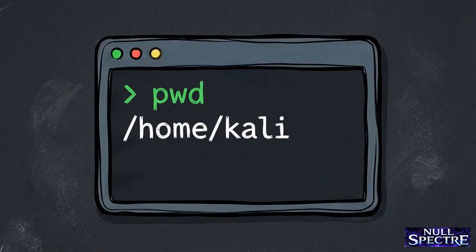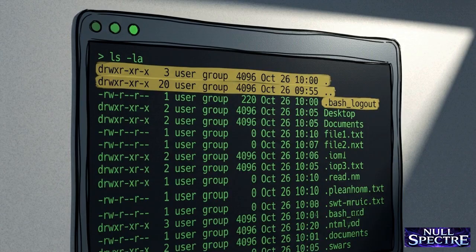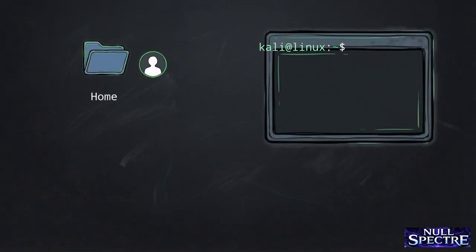First, we need to locate our exact position. Type pwd, print working directory, and press enter. This outputs your full current path. Next, type ls -la. This lists all files in your directory, including the hidden ones that start with a dot. This file tree illustrates